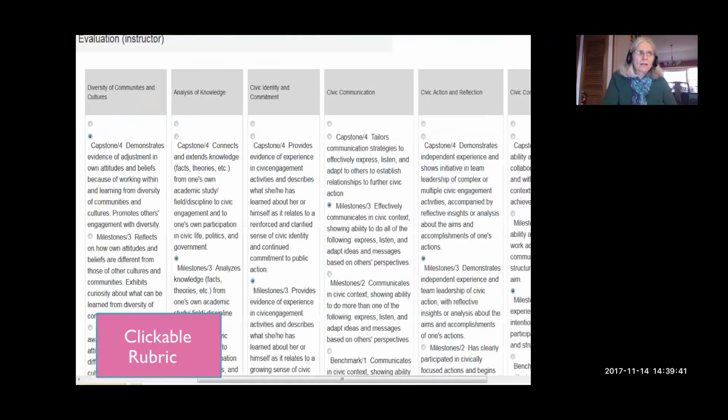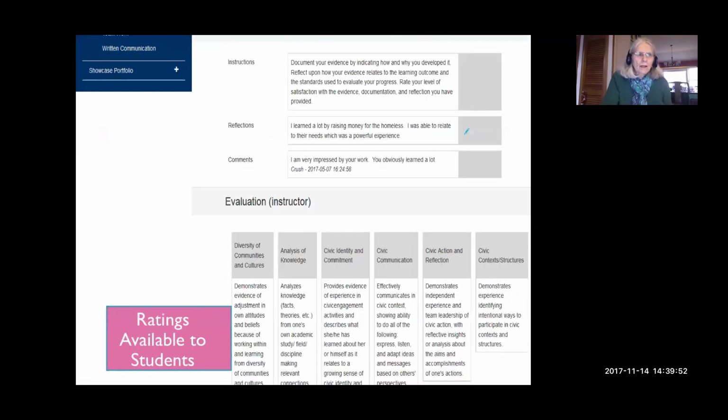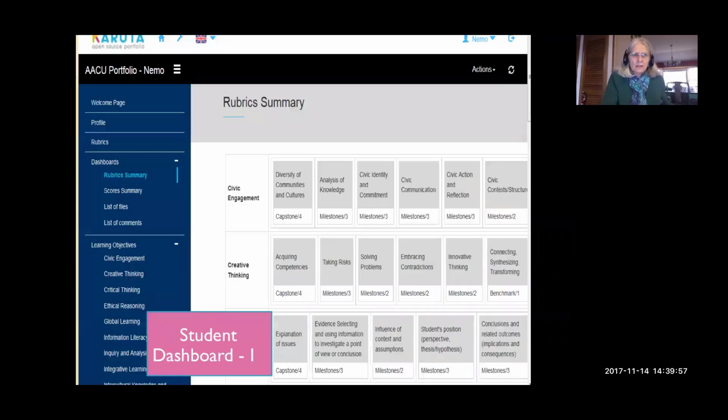can see all of the outcomes all at once across many rubrics and across the different descriptors for each criterion. Here's an example of the students seeing the ratings